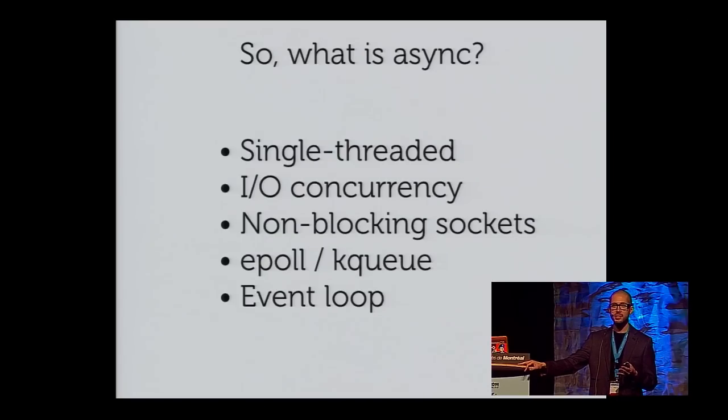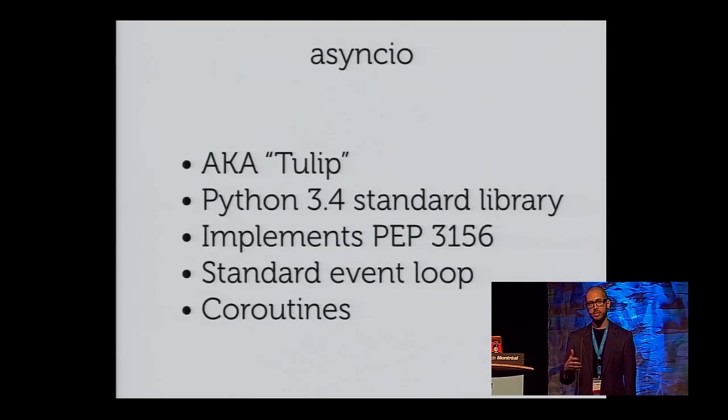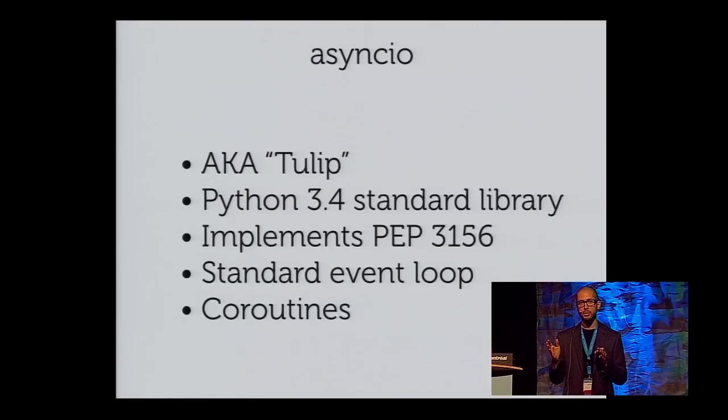And when somebody says that Node or Tornado or Twisted or Tulip is async, they mean that those frameworks conform to this definition of async. So that's async in general. That's the general programming methodology that we call async. And now I'm going to switch to a specific library called Async IO, which is one implementation of this general idea. So Node is another implementation, so are Tornado and Twisted.